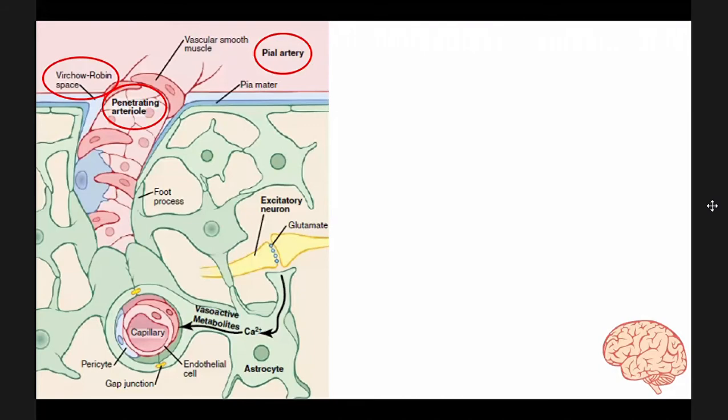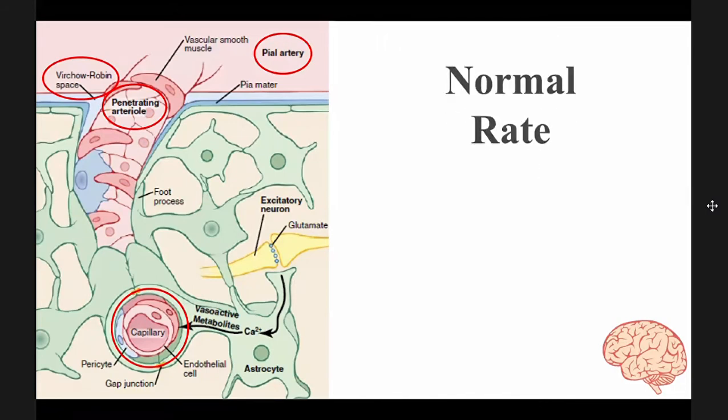So there are foot processes there, and once these capillaries penetrate the pia mater, then there are foot processes and pericytes and gap junctions. That's where the transport of oxygen, carbon dioxide, and other metabolites would occur. All right. So meron kayong nakikita ditong picture,